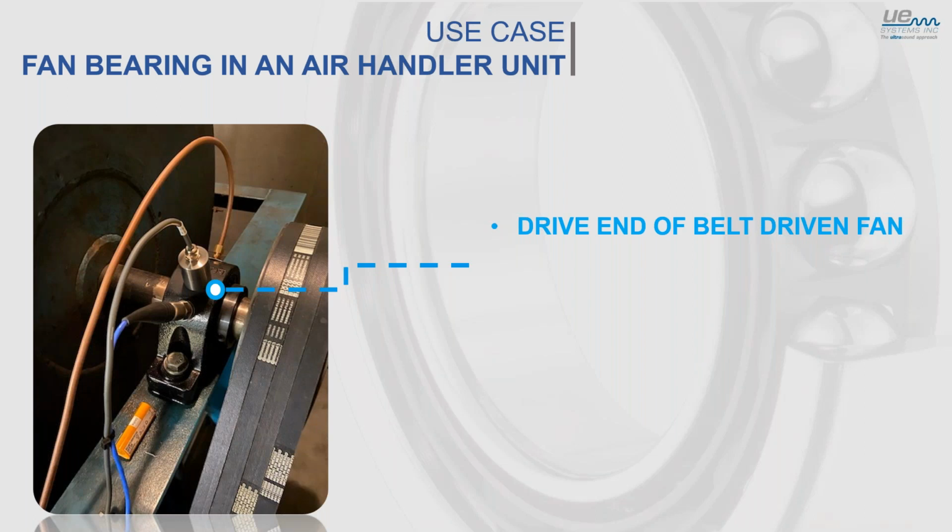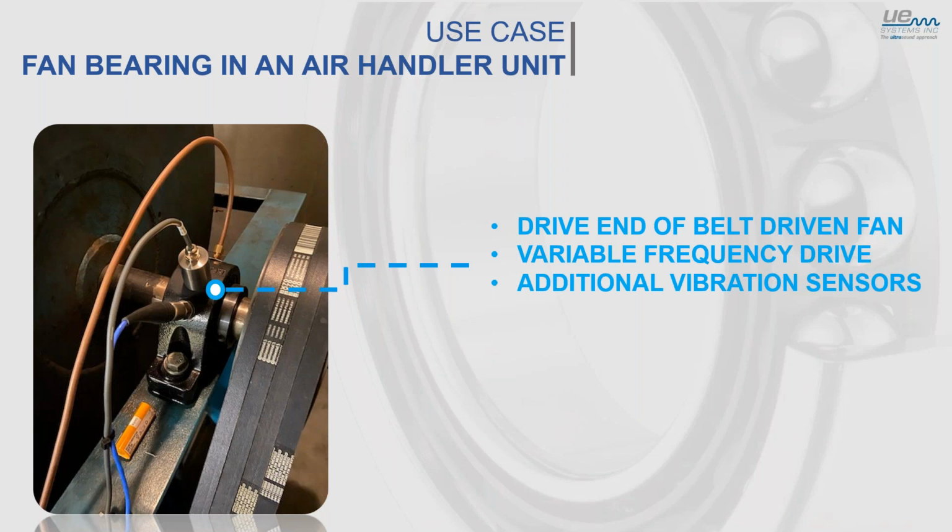worked just perfect. So in this case, we have a sensor on the drive end of a belt-driven fan, right? And you can see it right there. It's on a variable frequency drive. So I'm going to talk a little bit about a variable frequency drive and how it affects our data. And you can see there's an additional vibration sensor here as well. So what's great about ultrasound is it's very directional. We're not concerned about movement in a certain direction. So we can often put it on that same